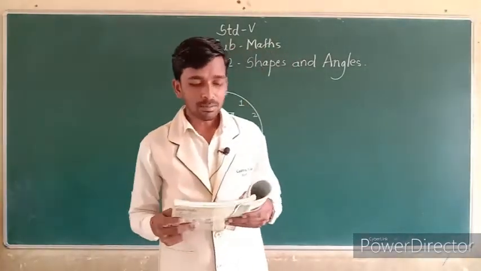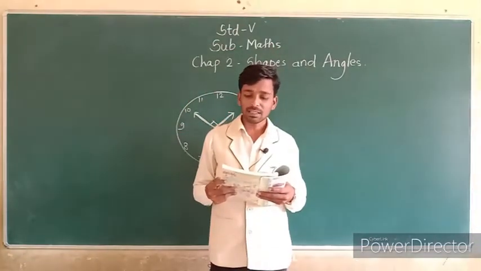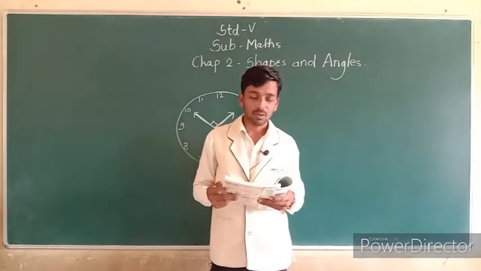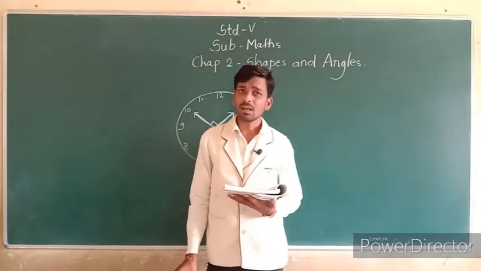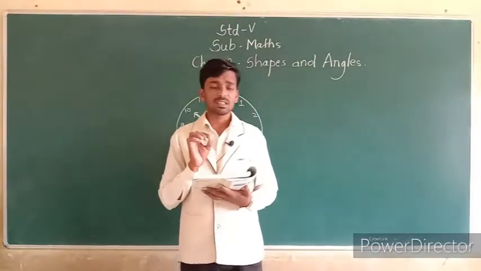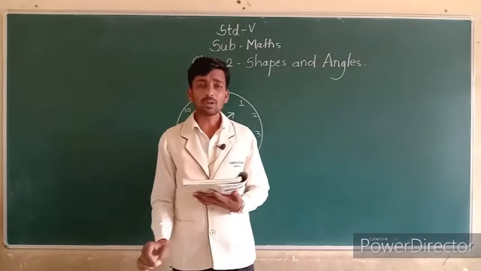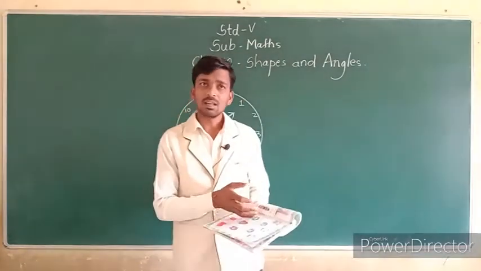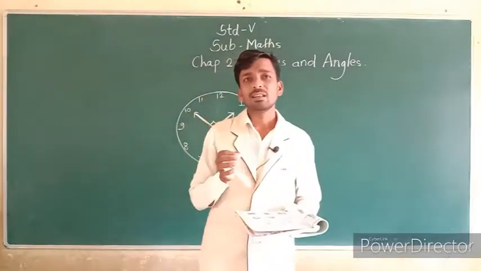I will read. Listen. Write what kind of angles is made by the hands at these times. Also write the time. Okay. They show you some time here. You can write all the timings. What time is in that clock, you can write the time below. And also which angle is there, that is less than right angle, or more than right angle, or right angle. You can write these angles.